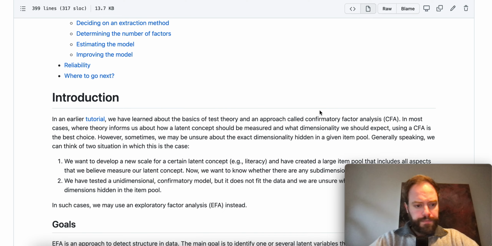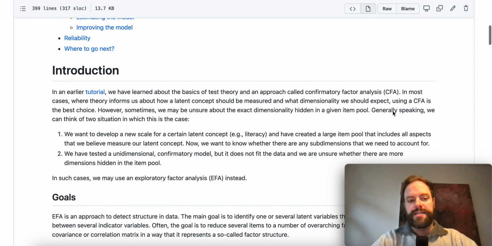Now, it's again about test theory. It's again about how to measure certain variables, and again we are talking about latent variables and how certain manifest indicators measure these latent variables. In most cases where theory informs us about how a latent concept should be measured and what dimensionality we should expect, using a confirmatory factor analysis is actually the best choice. If we have theory, we can specify a model that aligns with that theory and then test how well it